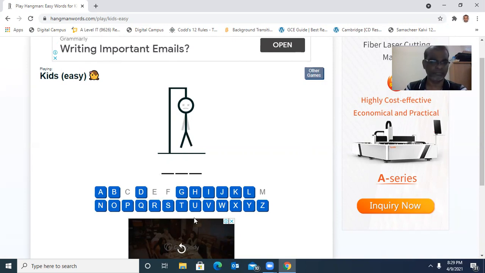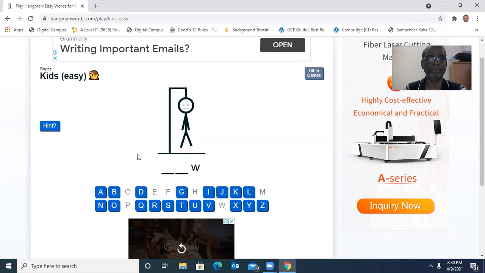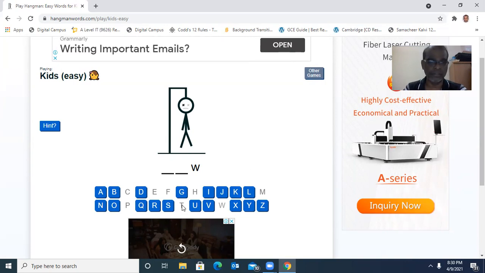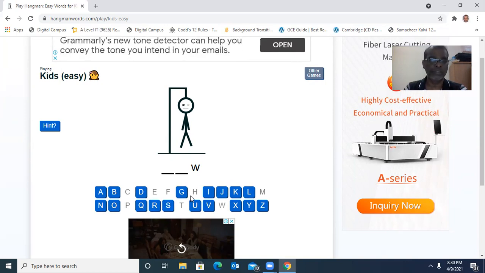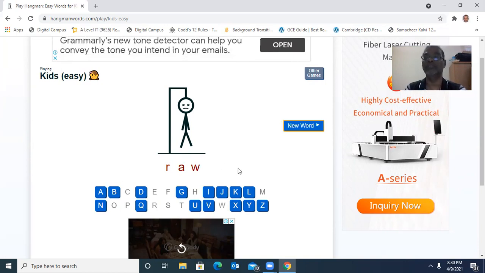So not. It may be pen. Not. But we can have some hints. So it will finish with W. I think it should be how, we can try out. That's also not. Really, I don't have any options. We can try out tow. We can try for T. That's also not sure. So maximum options are closed. One more option is there, sew. That also is not. Row is there. Okay, it should be row. So it is row. Okay, likewise we can play.